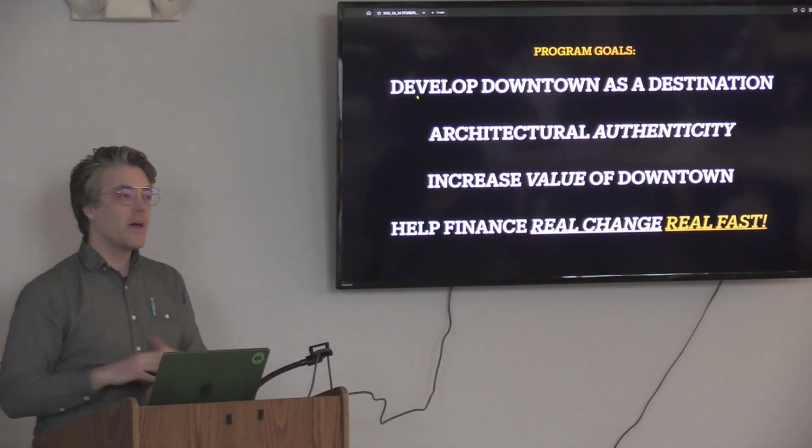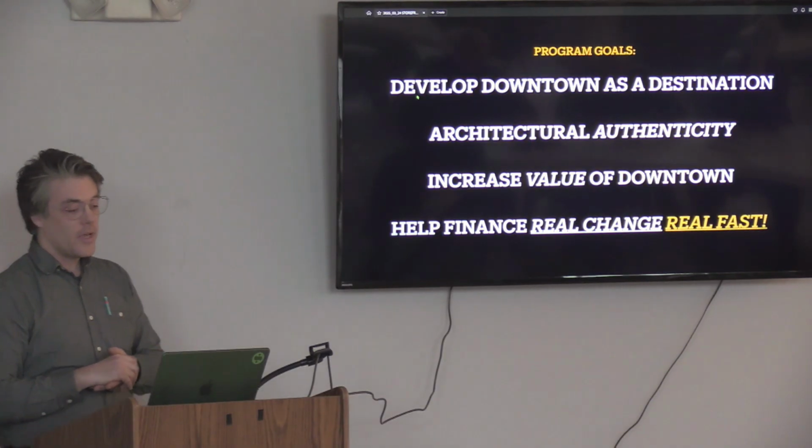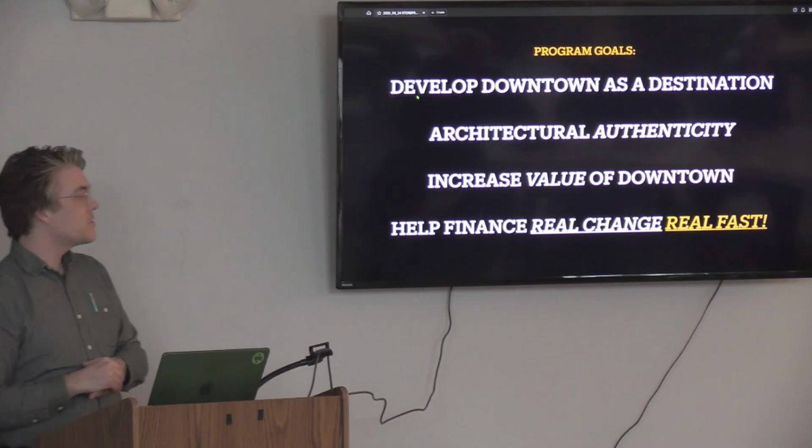So increasing the value of downtown as a destination for locals and tourists is important with this. And it's going to be local investment, so it's really got to come from within. And we also